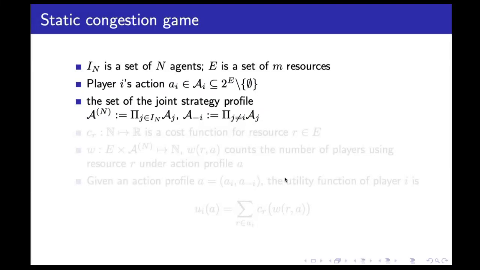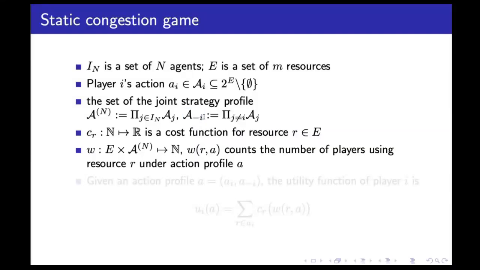If we formulate it a little more formally in mathematical language, we have n players and a set of m resources. You are taking your action a_i in a set, which is essentially a vector denoting which resources you are using. I use this notation to denote the joint strategy profile of all the n players. And this notation, throughout the talk, denotes the joint strategy profile of all the other players except player i. Just some standard game theory notation here.